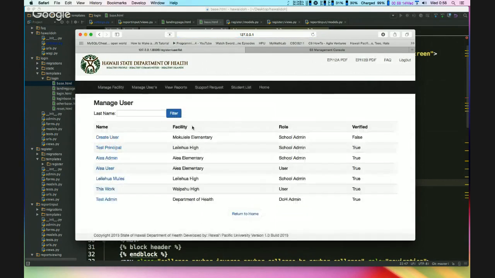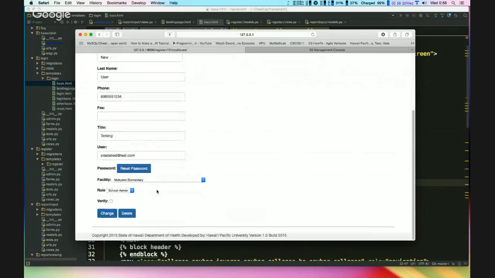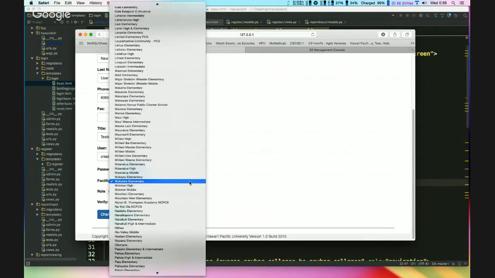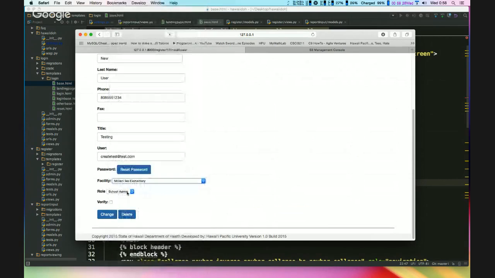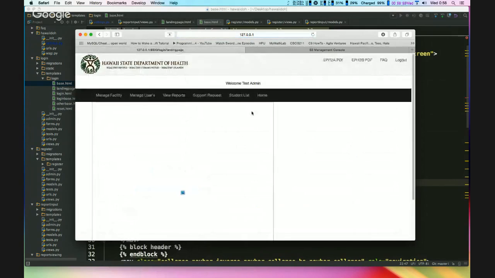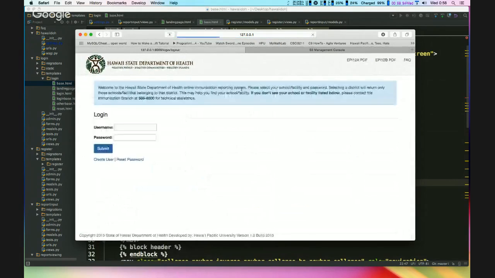So they have a manage users tab, and so we see that the user that we just created isn't verified yet. So for instance, you're like, oh yeah, I hit the wrong school. Can you change the school? Okay, we'll change the school and make it Melanika. Then we'll verify and we'll change. And now